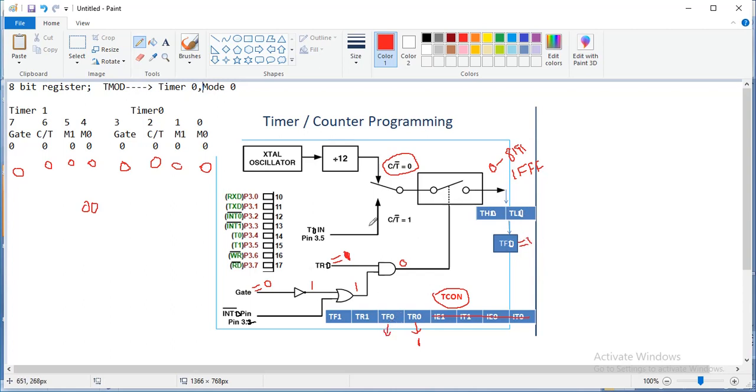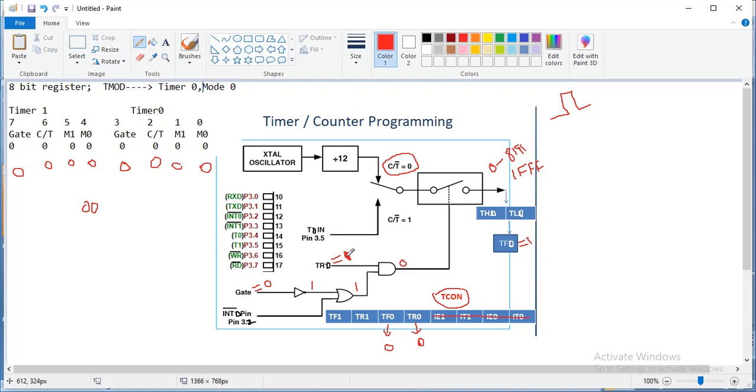Once this happens, it is for only 2.5 millisecond. Next, if I want to delay 2.5 millisecond again, as a programmer you make TR0 equal to 0 and TF0 equal to 0. Then it begins again, with TR0 you run the timer.